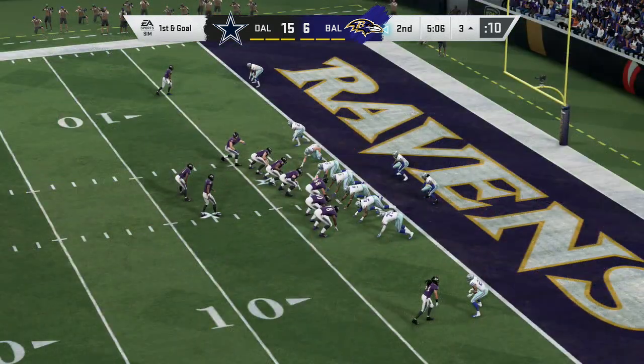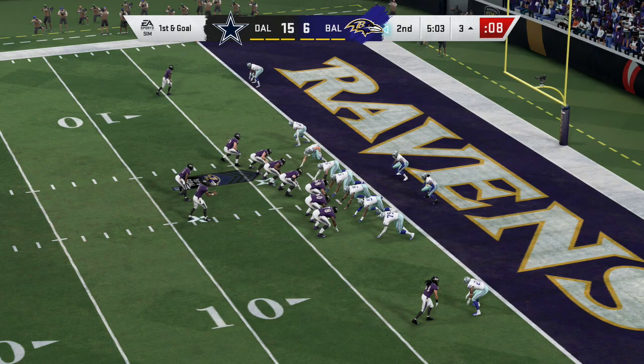Here we go. Hey, hold on. 54. Mike, 54. I got